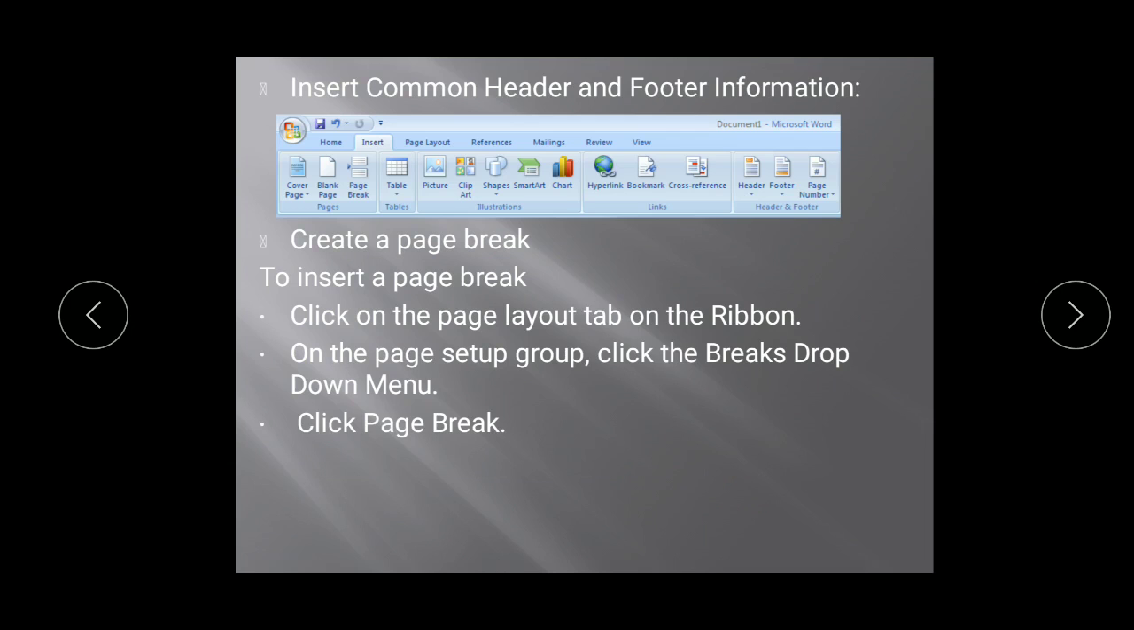Next is inserting common header and footer information. Now why do you require header and footer information? If you have gone through your textbooks and reference books thoroughly, you might know that each and every page in your textbook has a page number as well as your lesson number over your heading, and your page number at the right hand side down corner, and your chapter main title is there on the first